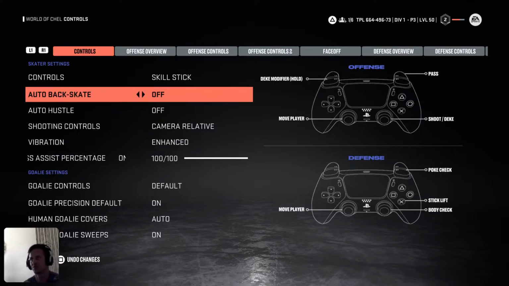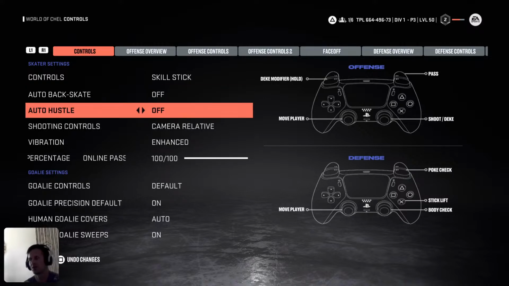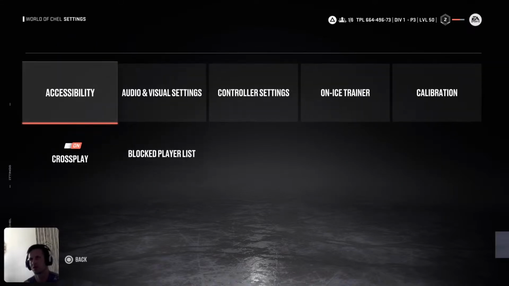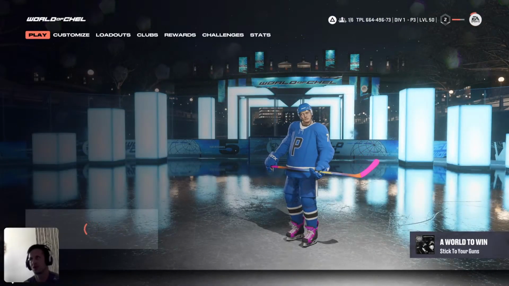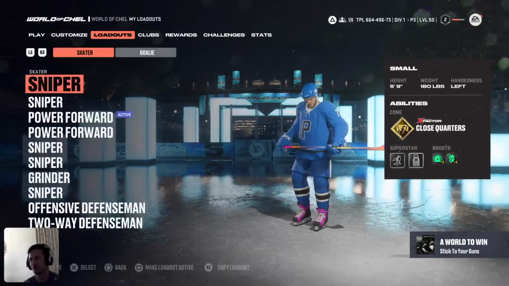And that's so your player doesn't turn around automatically. But auto hustle, I'm turning that off to see if it'll help with my stamina. So these are the options you want, guys. I'll go into my loadouts and just show you a quick little